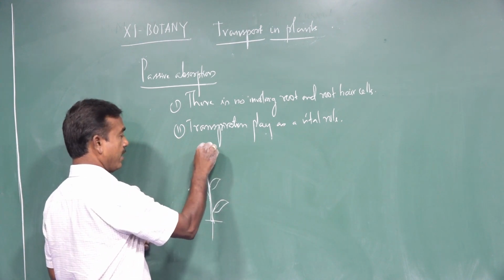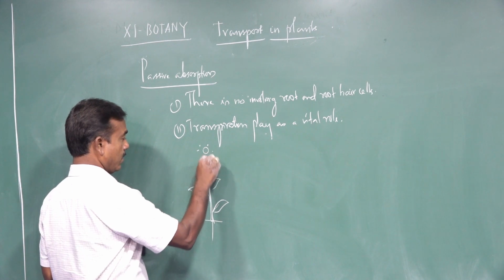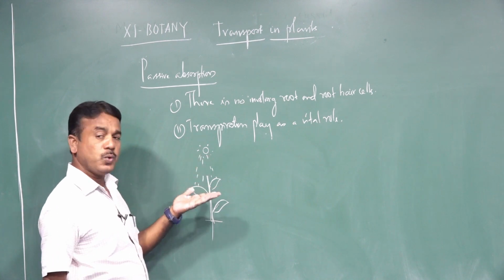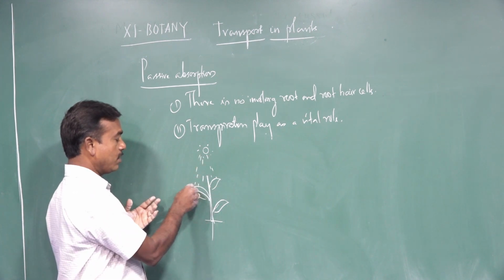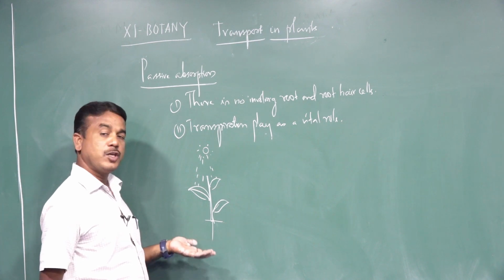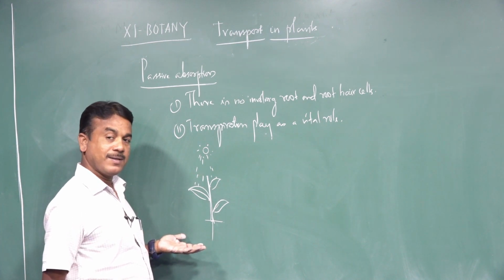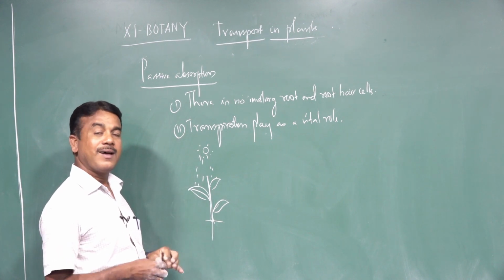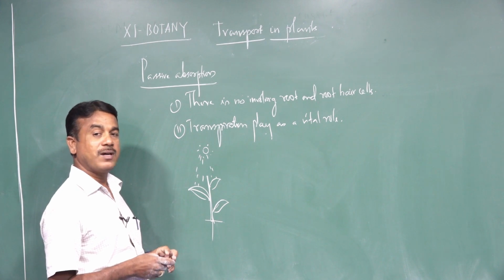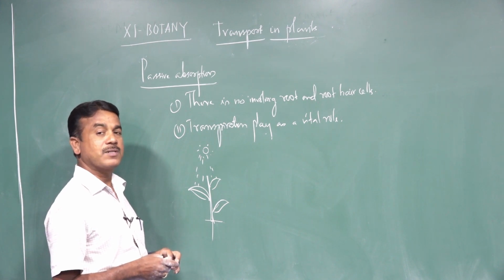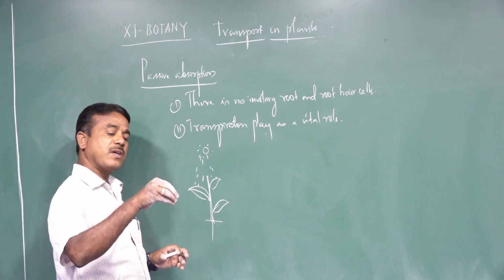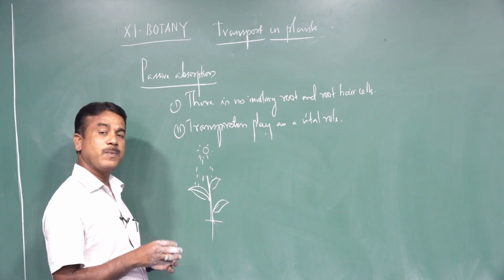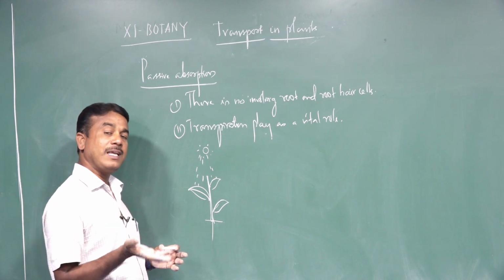When there is exposure to sunlight, all the water molecules on the leaves evaporate. That is denoted as transpiration. Transpiration is nothing but loss of water in the form of water vapor through the aerial parts of the plant body. When exposed to sunlight, each and every water molecule present on the surface of the leaves evaporates.